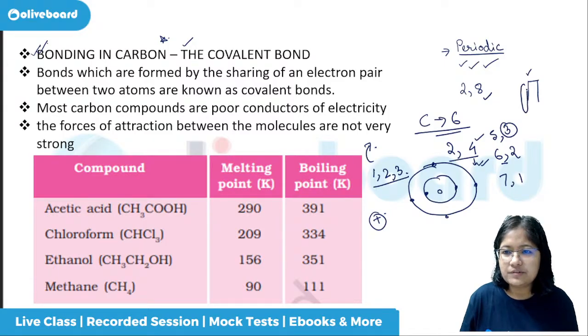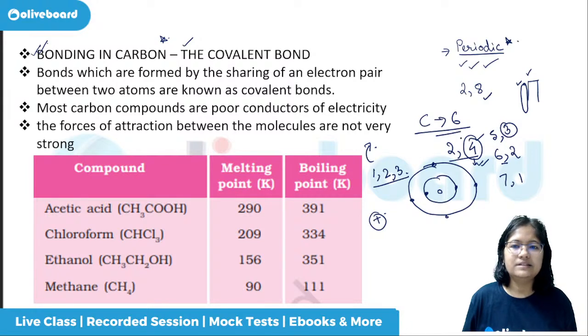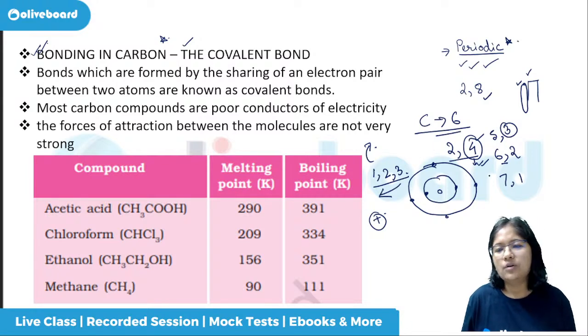Just before this one, you see fluorine, chlorine, bromine, all these, they will have a similar pattern. So this we will study in the periodic table also. Now carbon being 4, it is indecisive. What to do? It is not easy to give away, and it is not easy to borrow either. It is stuck in between. So what will carbon do?